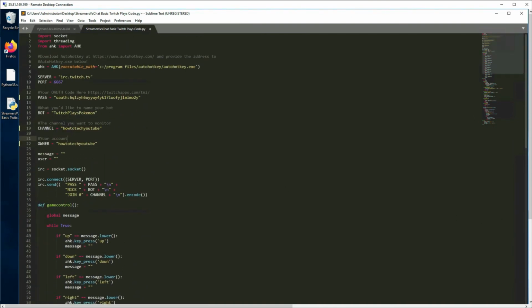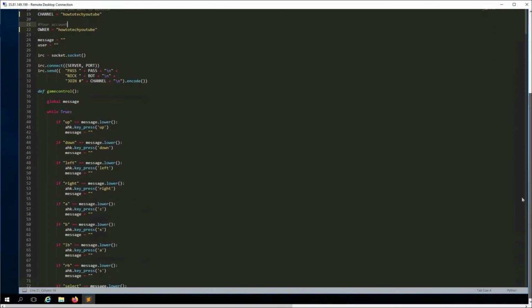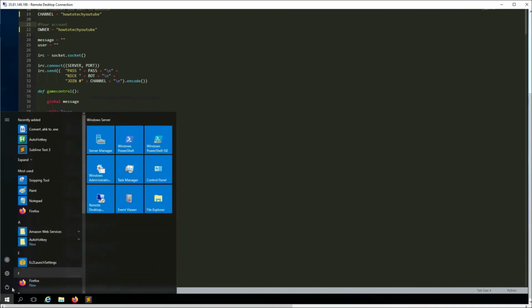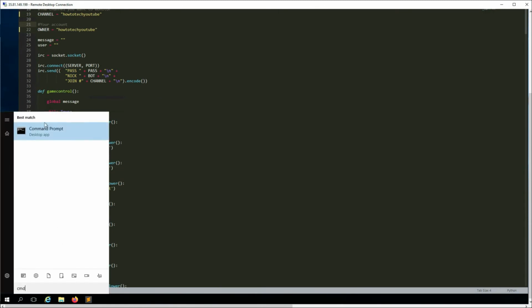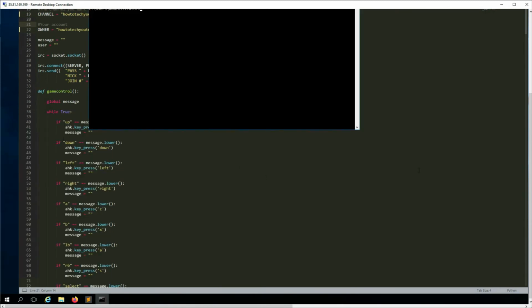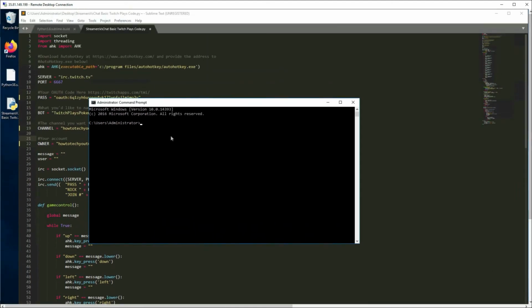All right, next we need to install the Python AutoHotkey wrapper. So click on the Windows key, type in CMD or command, and we just want the command prompt. Make sure to run it as administrator. And this is where we'll see if that path installed correctly. So you're going to type in pip install ahk. Of course,